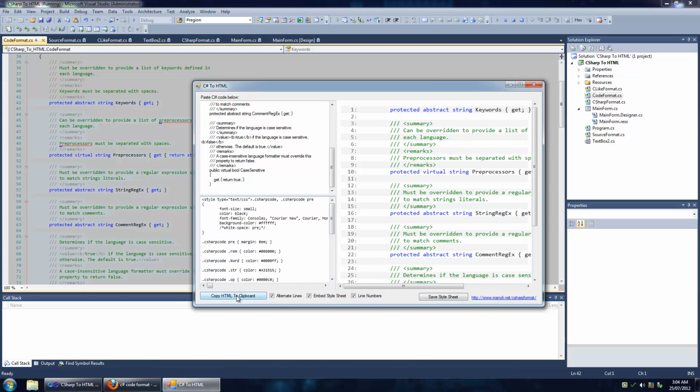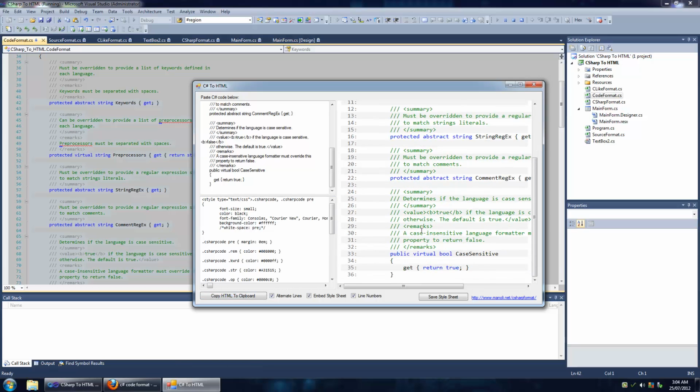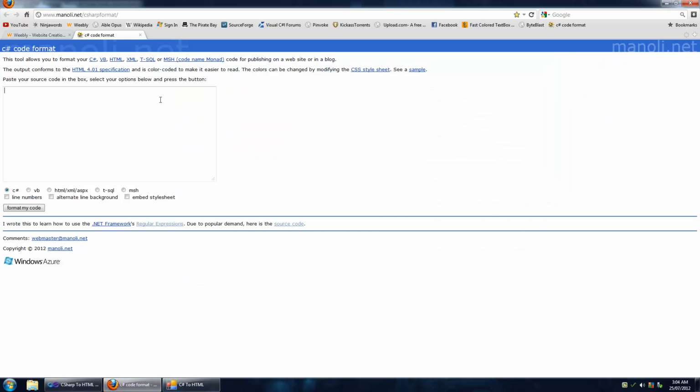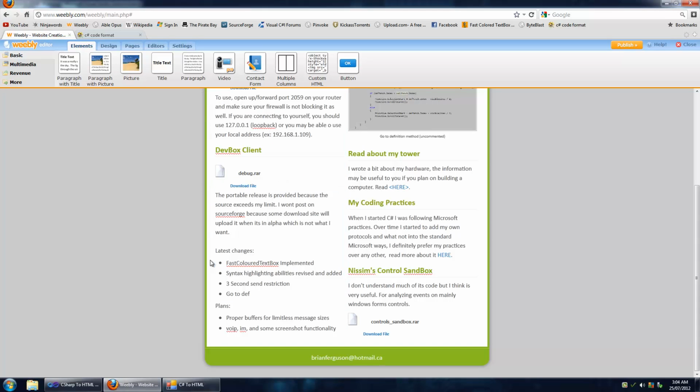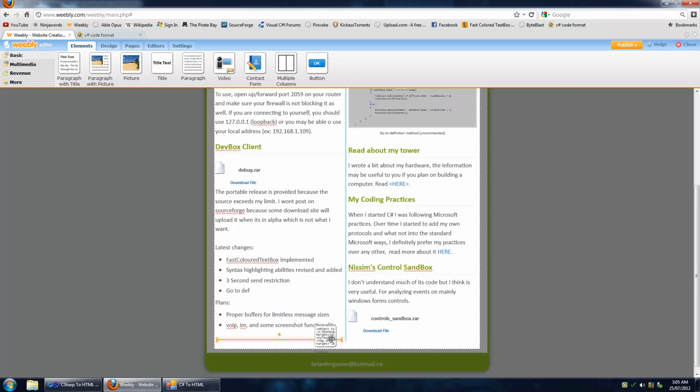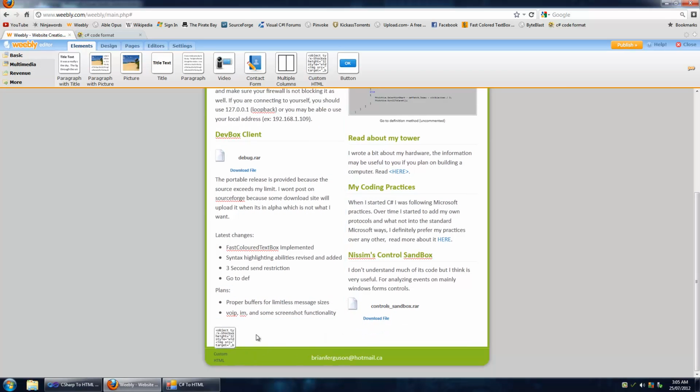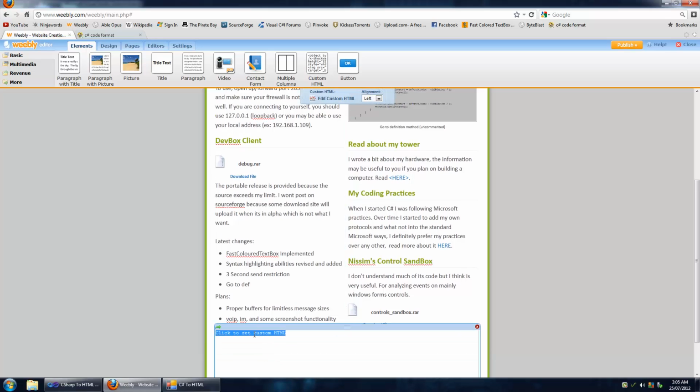So I'm going to copy HTML to clipboard, all this formatted code here, and I'm going to go over to my website, and I'm simply going to add an HTML content control here, or like an insert thing, custom HTML control. So I'm just going to put it here, and I'm going to paste my HTML that I copied to clipboard,